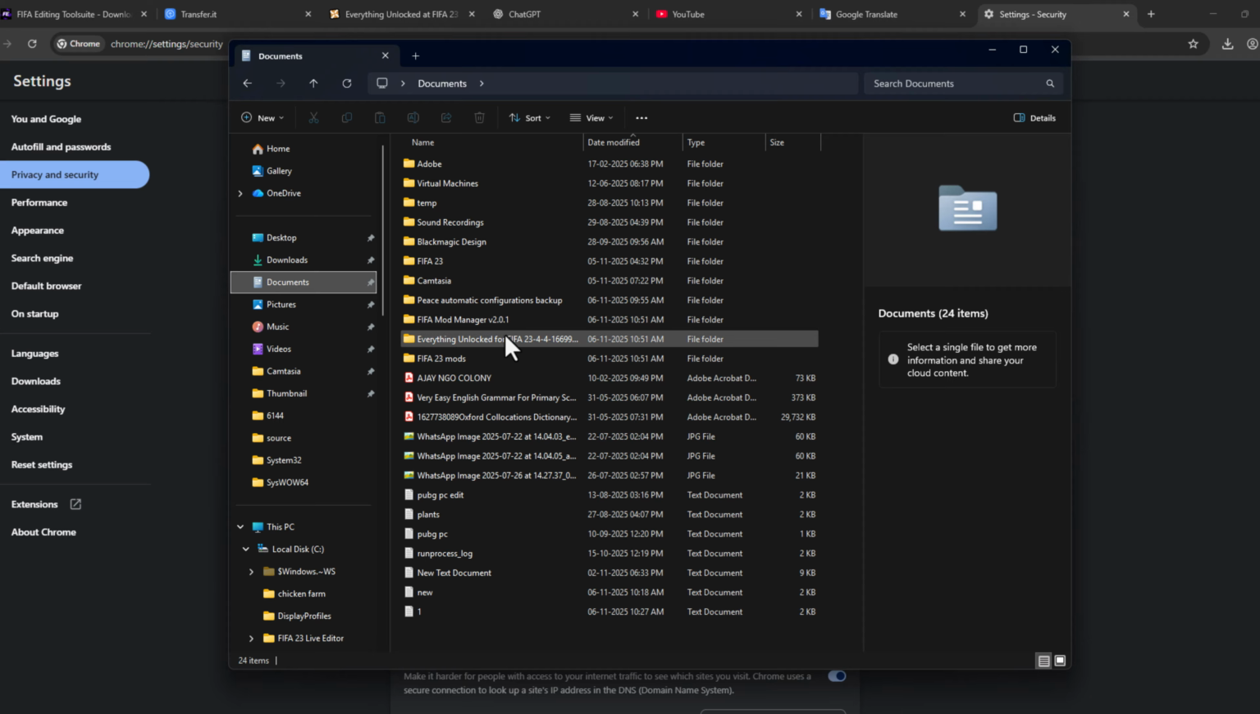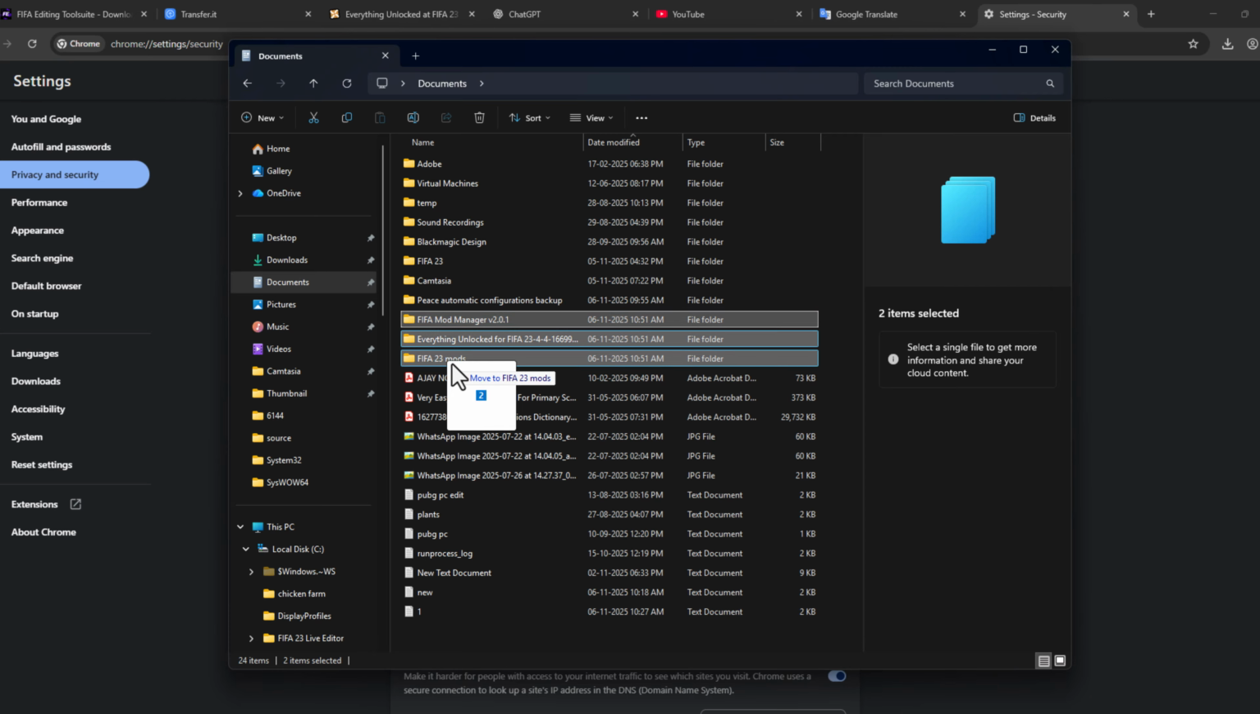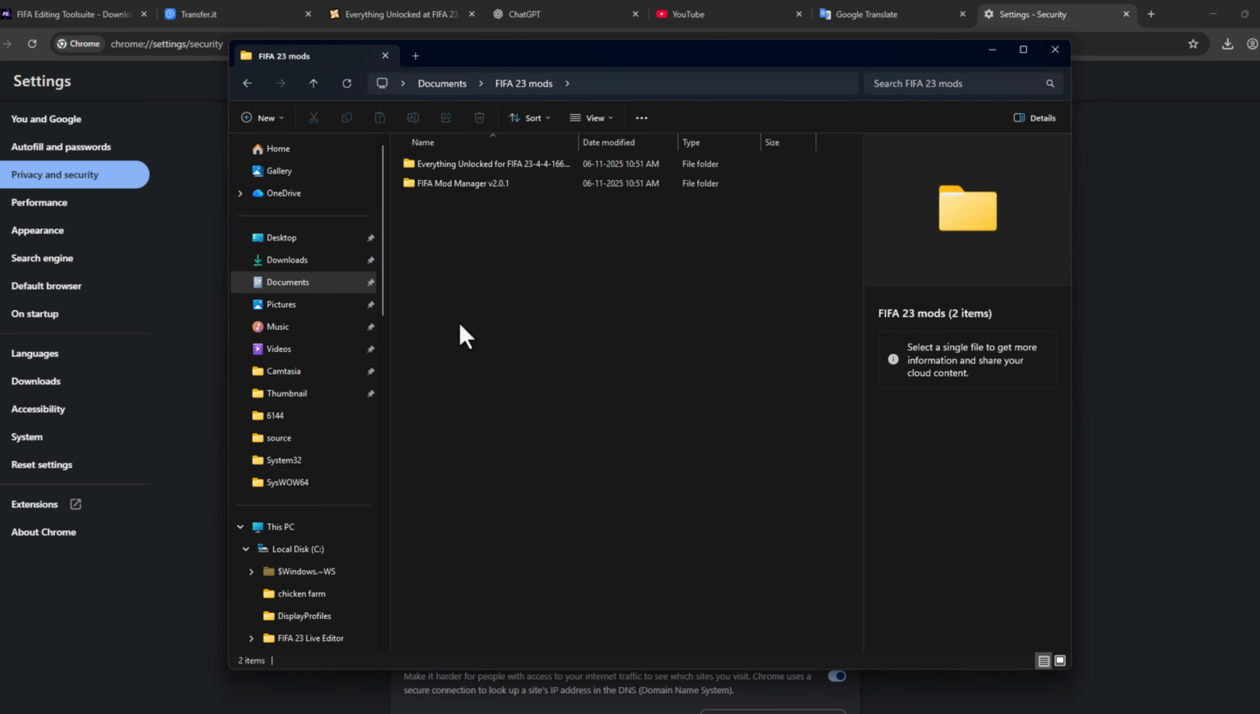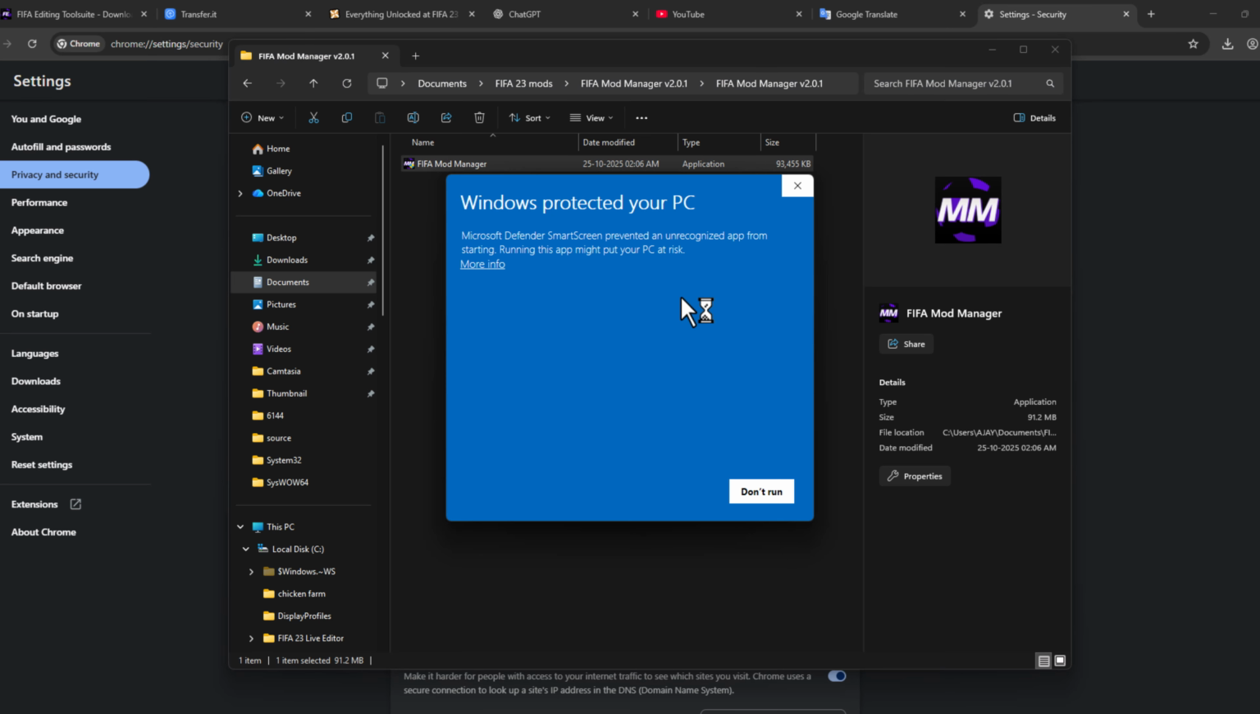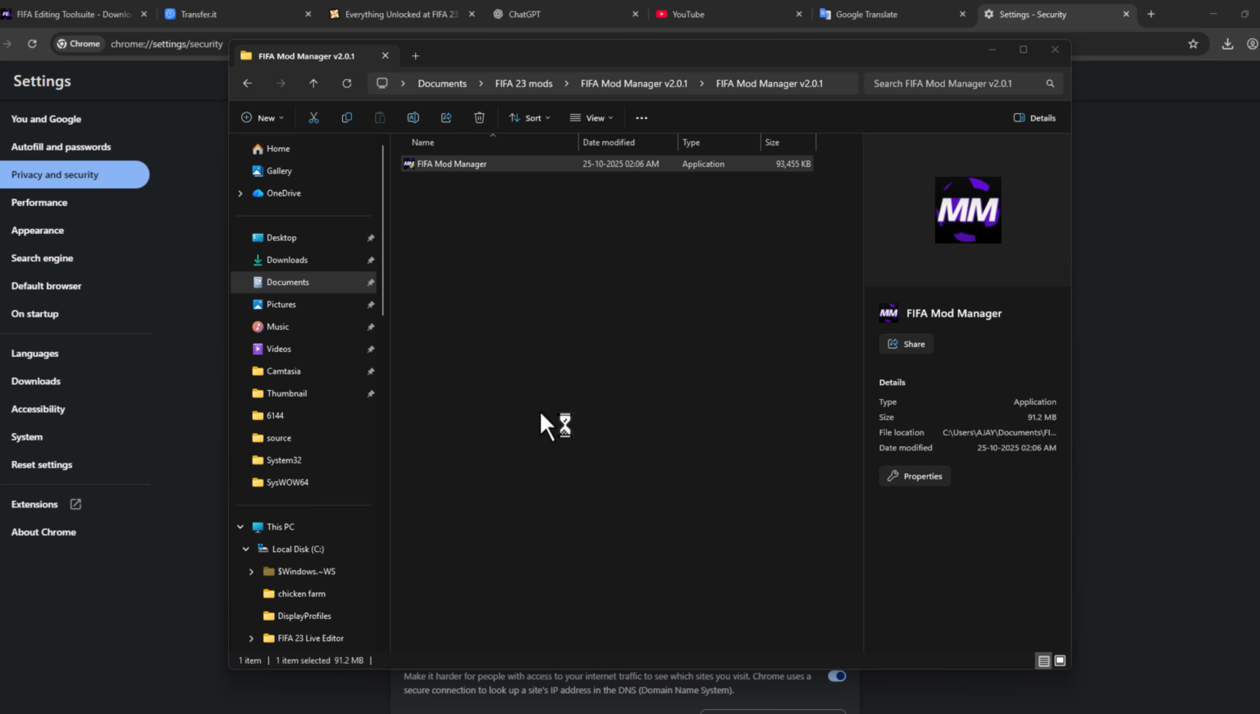Now just drag and drop the mods to the FIFA 23 mods folder and then open it and double click on the FIFA mod manager and again double click on the mod manager application. Select the more info and select run anyway option and select yes,